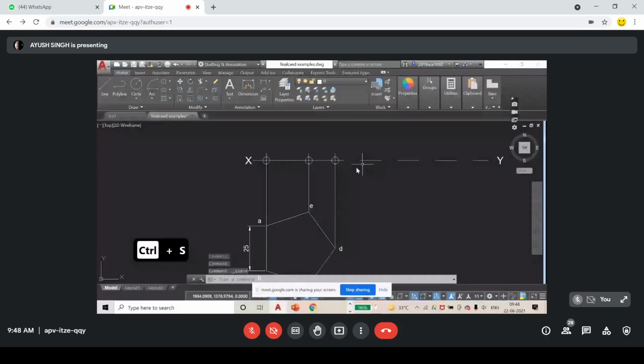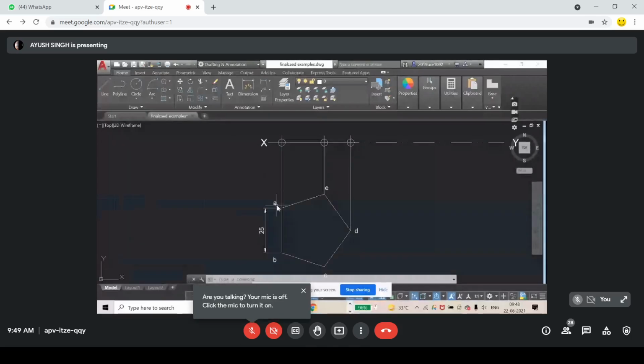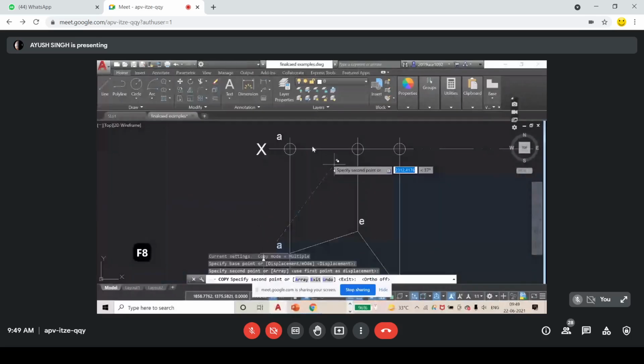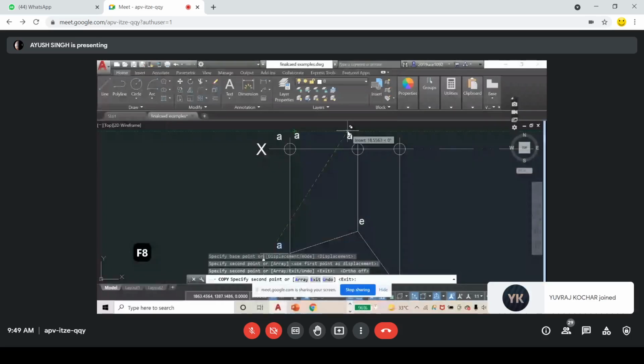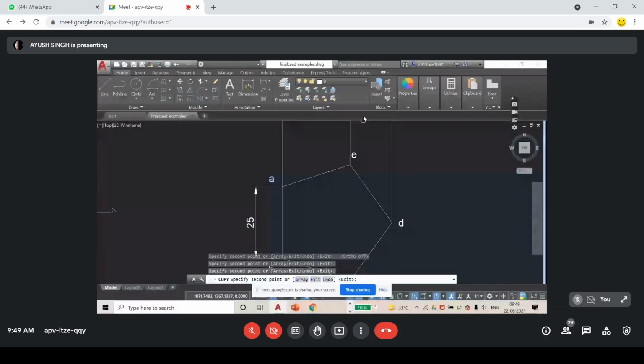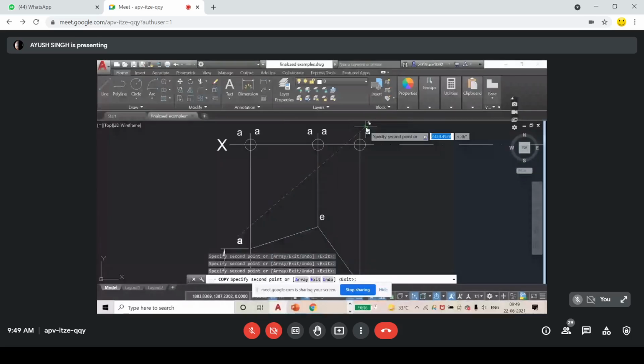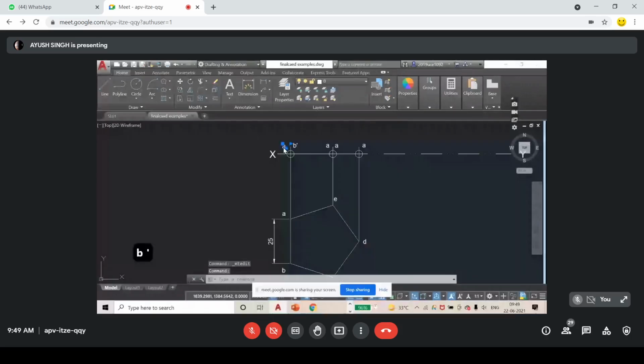Now I have 2 points A and B, and this is in the front view, so I will be showing it by A dash B dash. Okay, so just copy this and place it here, and turn off my ortho mode. Here also we have 2 points, E and C, and here we have 1 point only, that is D. But this is A and this is B. We have 2 points overlapping here. That's why I'm going like this. This is B dash. This is A dash. Okay, this is E dash.